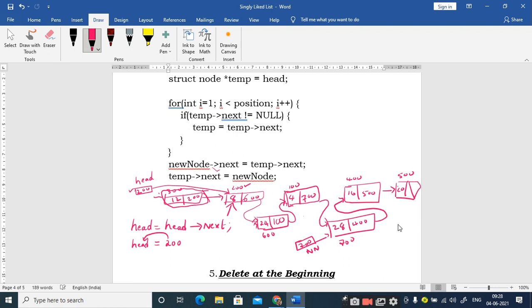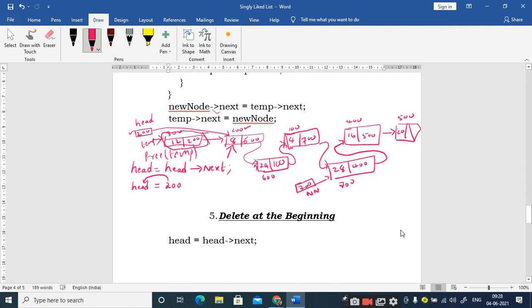First of all, you should have a pointer to point to this location. Let us say a temporary pointer, right? So once you make this head point to the next node, you will just make use of the free function and free the temporary pointer. Now is it clear how we can make use of the free function?